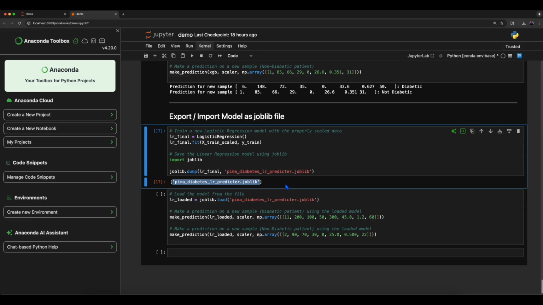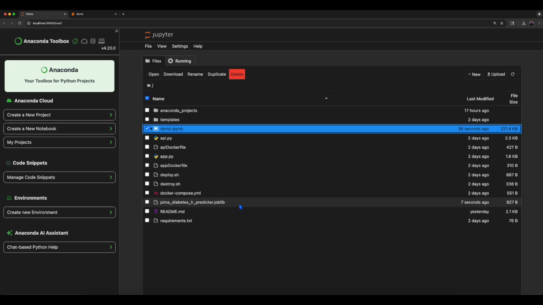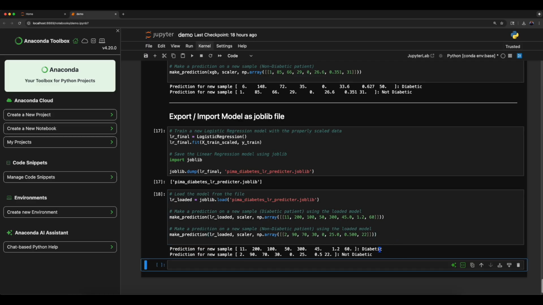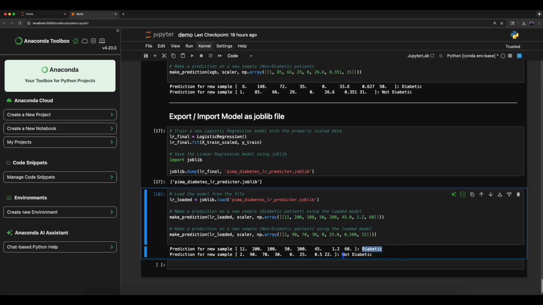Here we see the joblib file, and if we jump back to the home screen, we see the files listed here. Now if we go back to the notebook, I'll call the load method on the joblib library, passing it the name of the joblib file for the exported model, storing it in a variable, and then passing it to the make prediction function with patient data for a diabetic patient, and then patient data for a non-diabetic patient. So let's go ahead and execute the code in this cell, and the results return diabetic and not diabetic